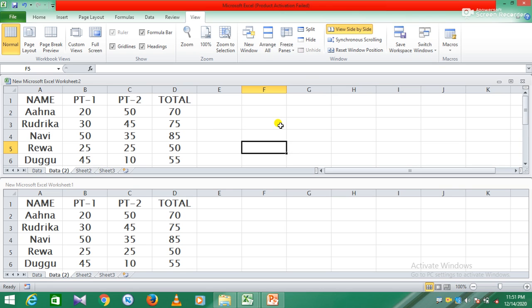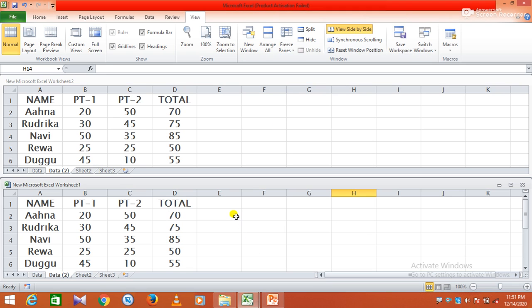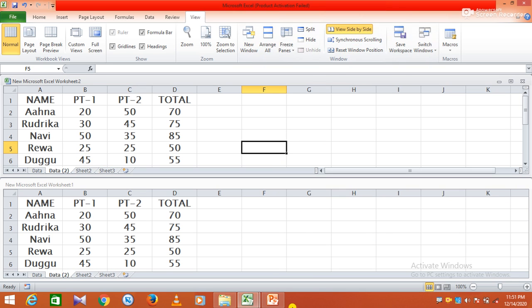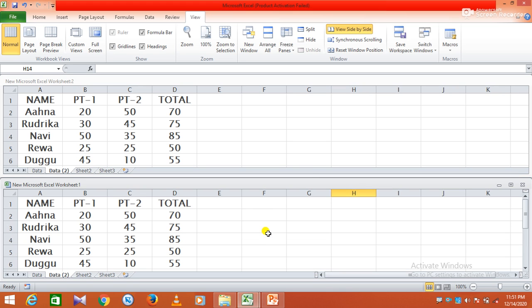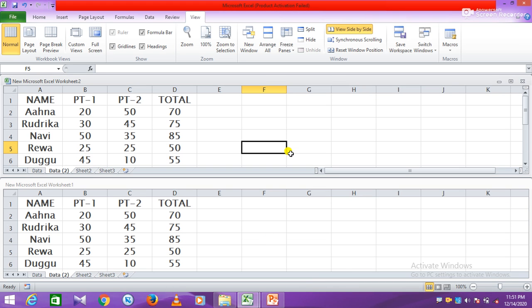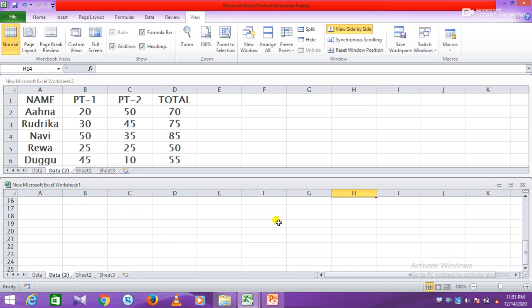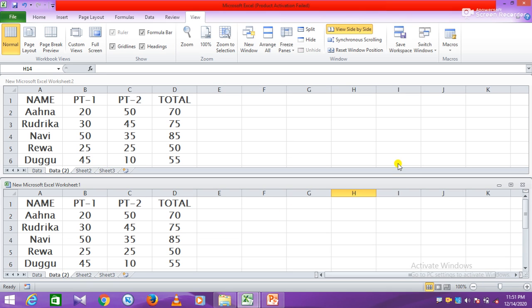You can see here, click on it. So in this way you can apply synchronous scrolling. That's all for today. Thank you.